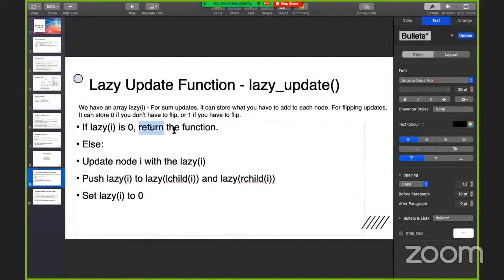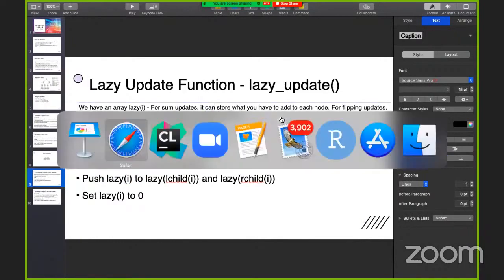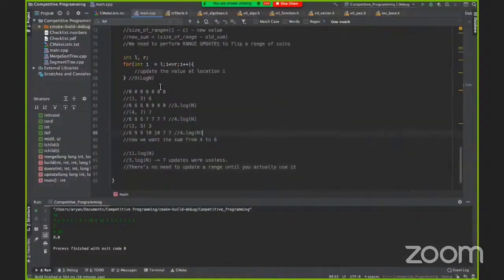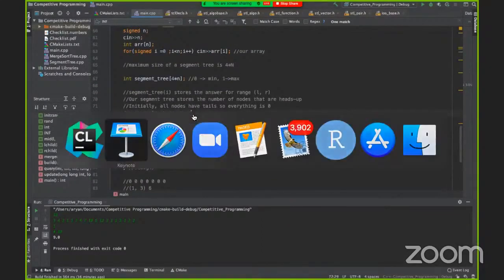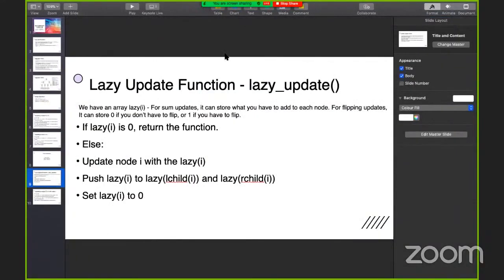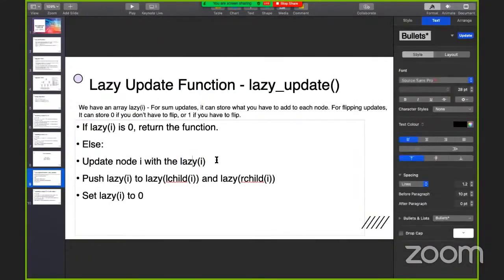So now if lazy[i] is 0, then we don't have to do anything. If lazy[i] is 0, then for sum, we don't have to add anything. For flipping, we don't need to flip anything. So we can just return from the function, our job here is done. Else, we update the node i with whatever we have to do. For flipping updates, I discussed in my IDE, we do this thing. For sum, we just add all of the sums, nothing complicated. And after we're done with this, if the ith node has children, then